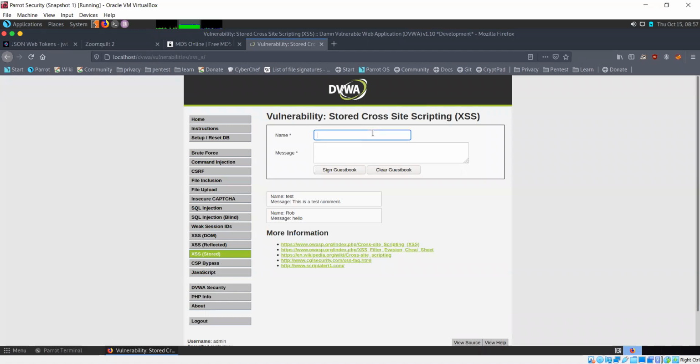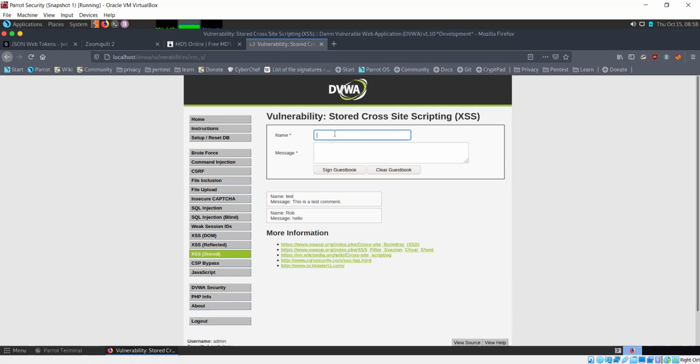Now, if I specify a cross-site scripting payload, that will get stored in the database. And since this page retrieves those entries from the database, whenever this page is opened by anyone who accesses the website, that JavaScript code, that script, will run on their system. So stored cross-site scripting attacks are much more critical, much more dangerous than reflected attacks, because stored attacks can persist for a long time.